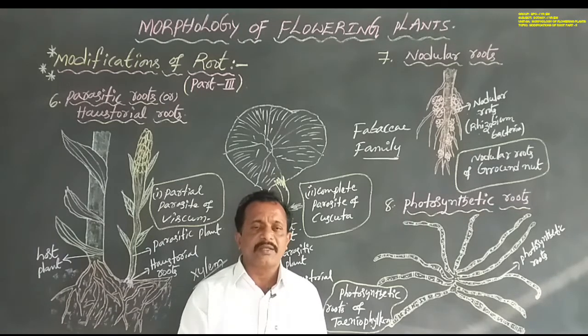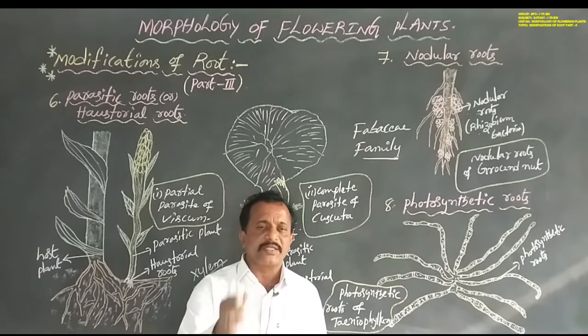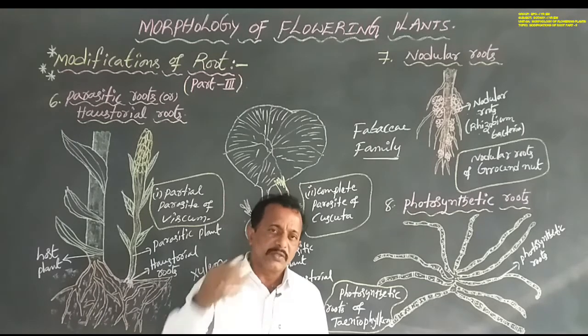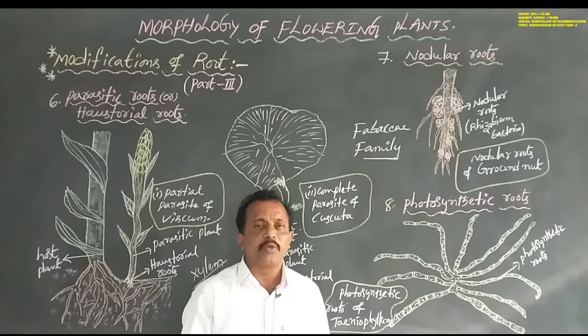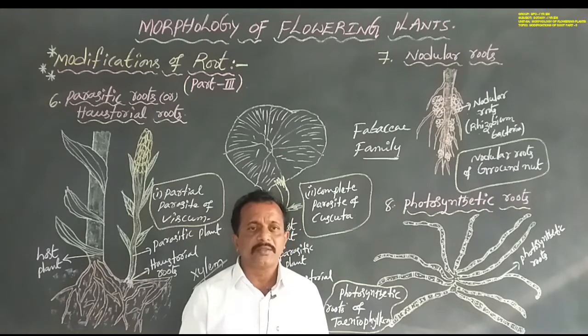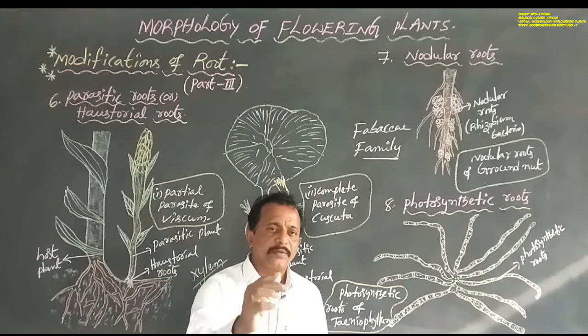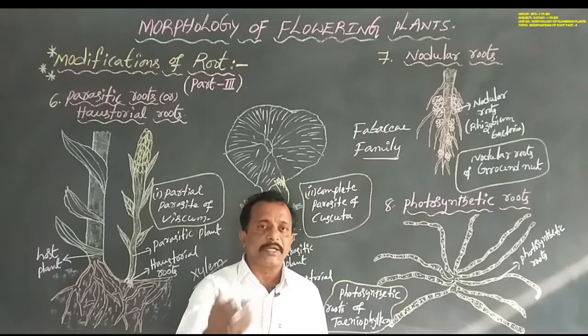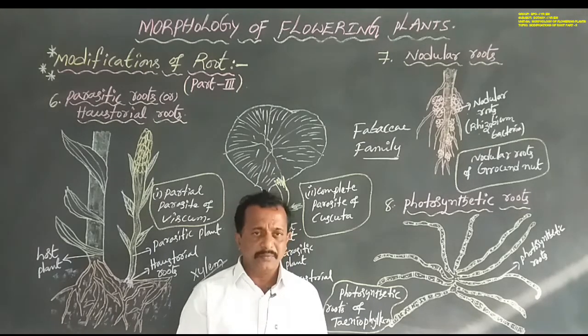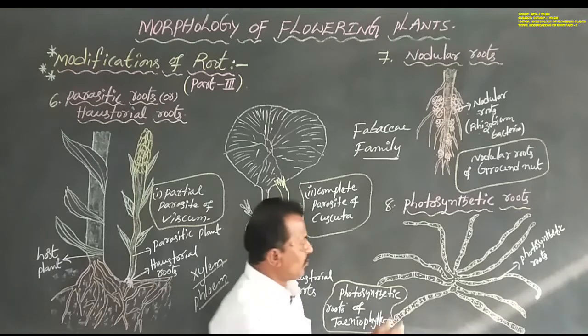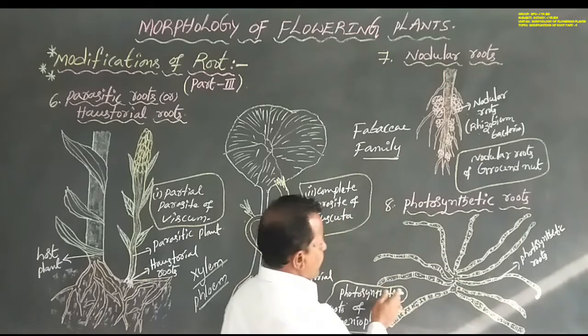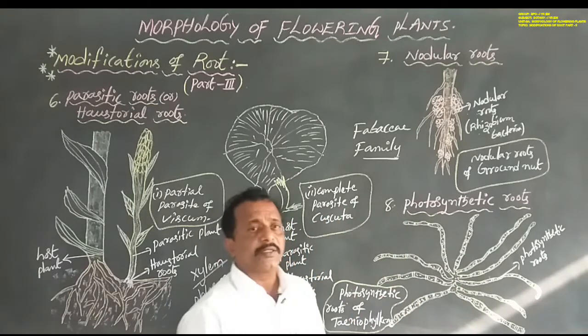The stem is green early, and brown in color after maturity. But roots are always brown in color. Why? Because roots develop below the soil, the underground part, so there is no sunlight. So they are always brown or dark brown in color. But especially in Taeniophyllum, the roots contain chlorophyll and perform photosynthesis. These roots are named photosynthetic roots.